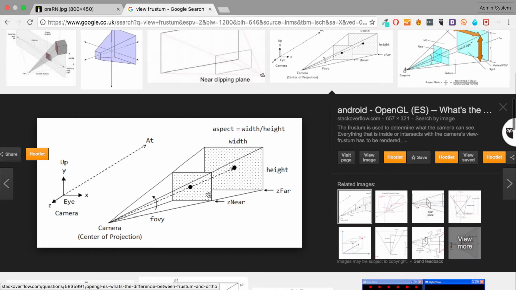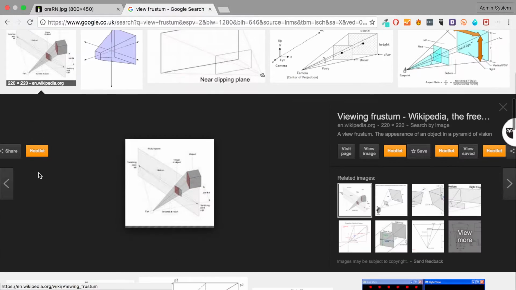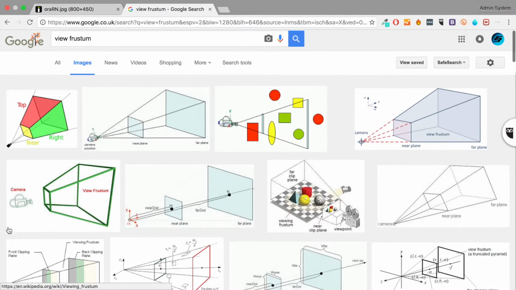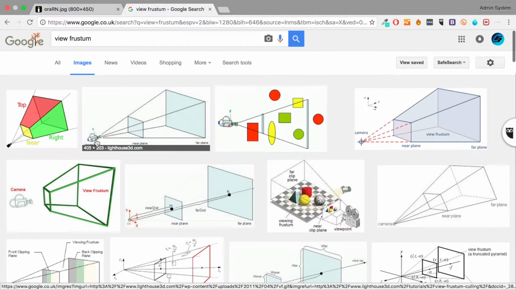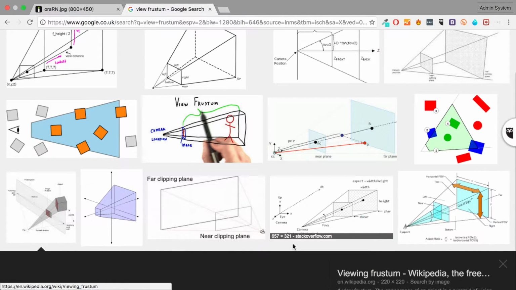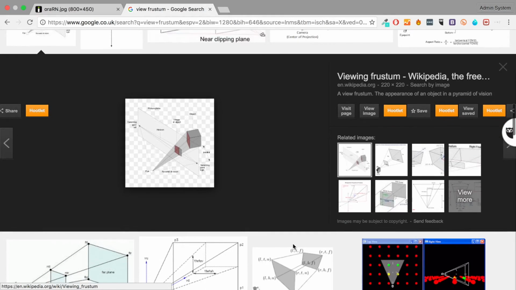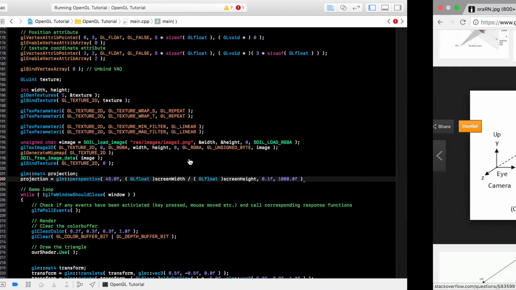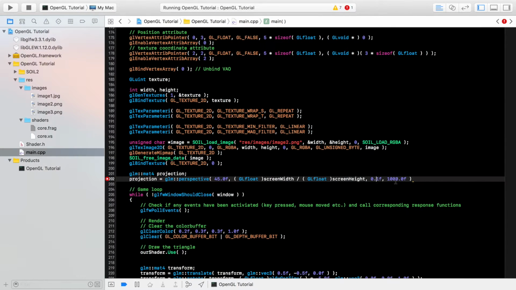So here we go. This is what we've got. So this will be sort of like, as it says here, the center of projection, where our virtual camera is. We don't actually have a physical camera there. Sometimes diagrams will use a camera, as you can see here and there, just to illustrate what it technically is, but there isn't a physical camera in your game. So if we go back to here, this is the near clipping plane, which is this 0.1f value,